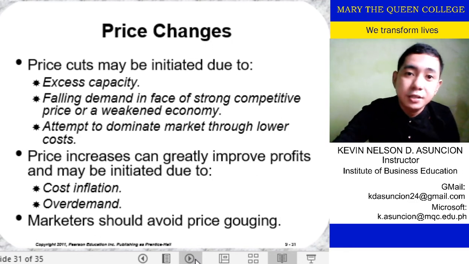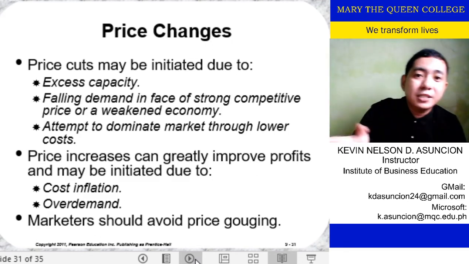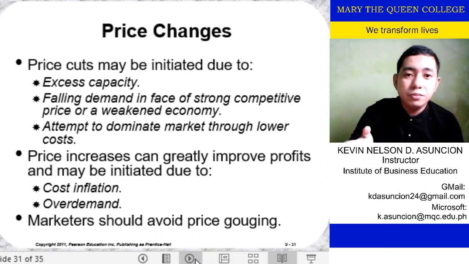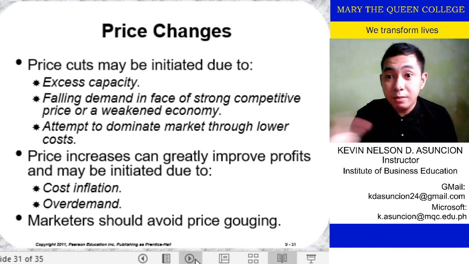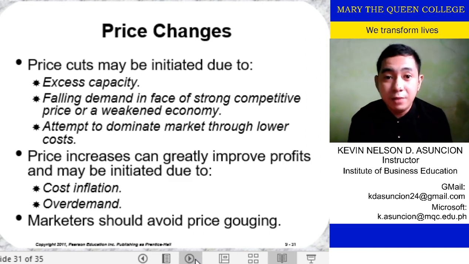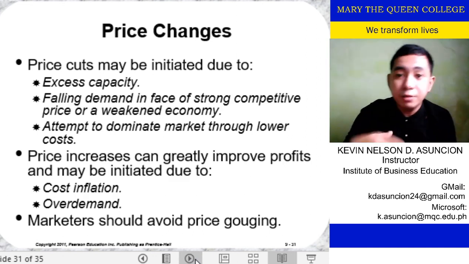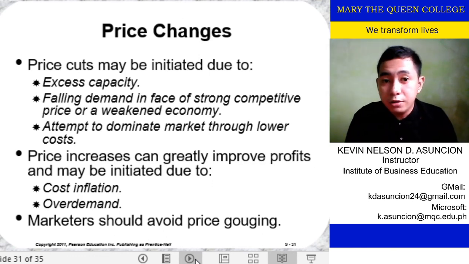So, price cuts may be initiated due to sobrang capacity. Pwede ka magbaba ng presyo, sobrang capacity. Falling demand in face of strong competitive price or weakened economy, of course. Kailangan may babayan lalo na kung natatalo ka because of the competition. And attempt to dominate the market through a lower cost. Of course,